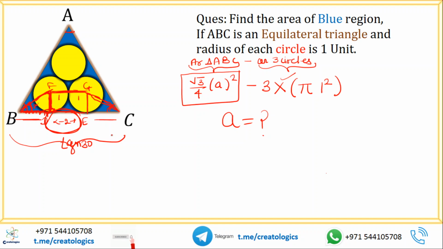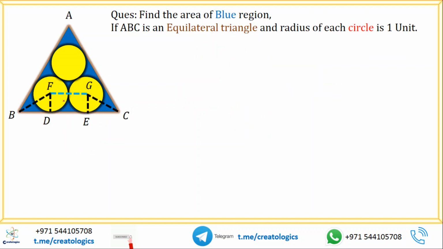So let us solve this question for the numerical value. Here the question is given to us like this, and I have dropped perpendiculars, or you can say joined the center of the circle to this point of contact of the tangent. Now as I said, this angle is 30 degree. Okay, so using in this triangle BFD, I will use the tangent of 30 degree is equal to opposite upon base, which is BD.